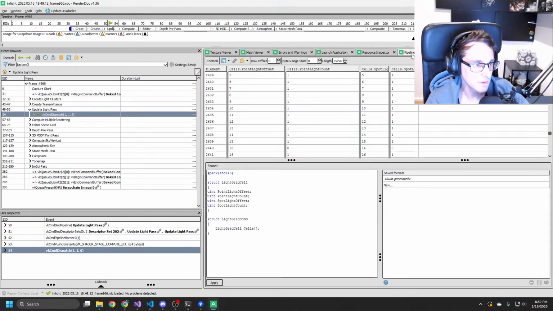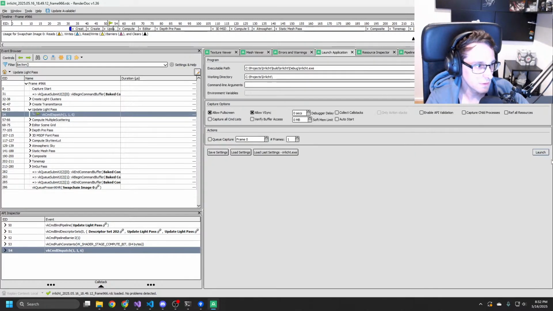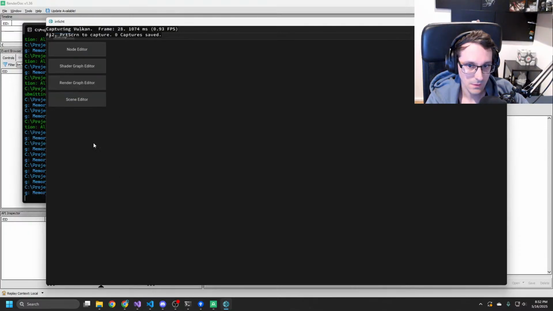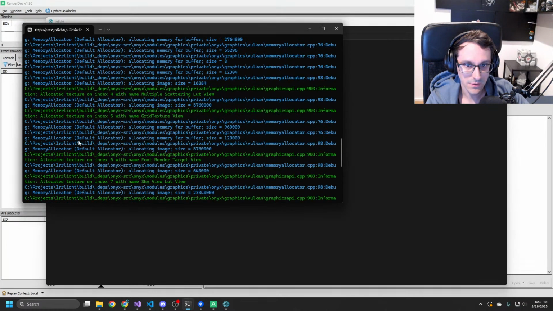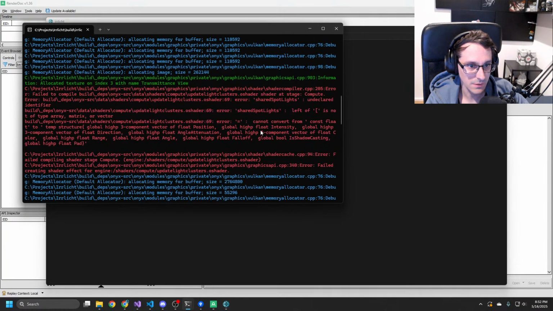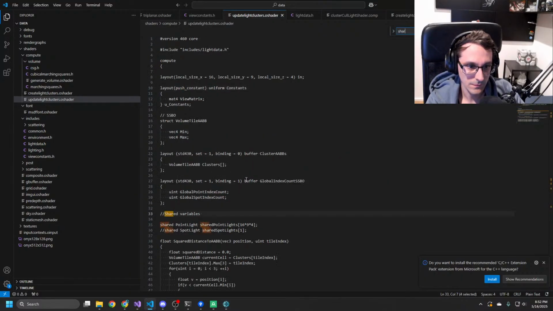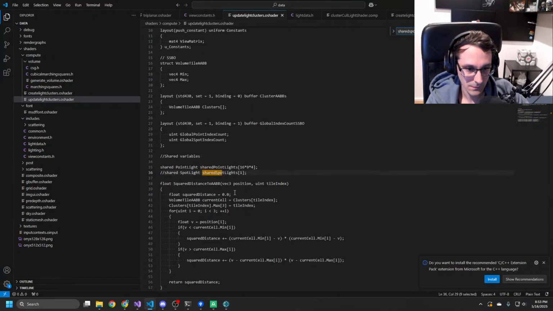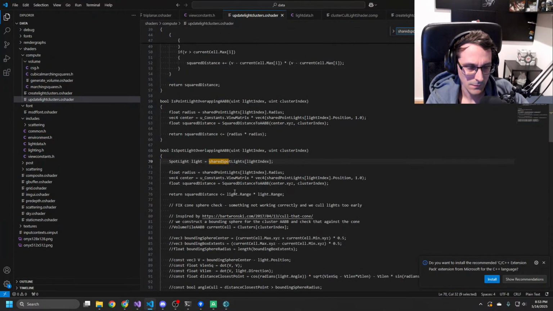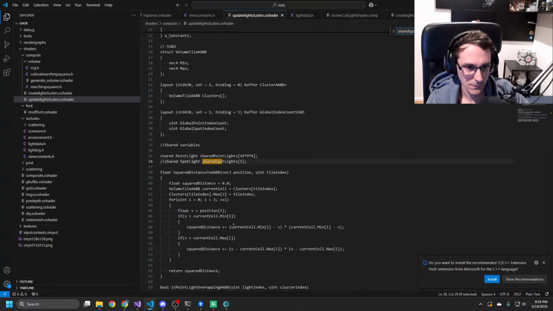But do we actually run the correct shader? Let's double check. How did we actually? We should have. Yeah, okay. Shared spotlights.